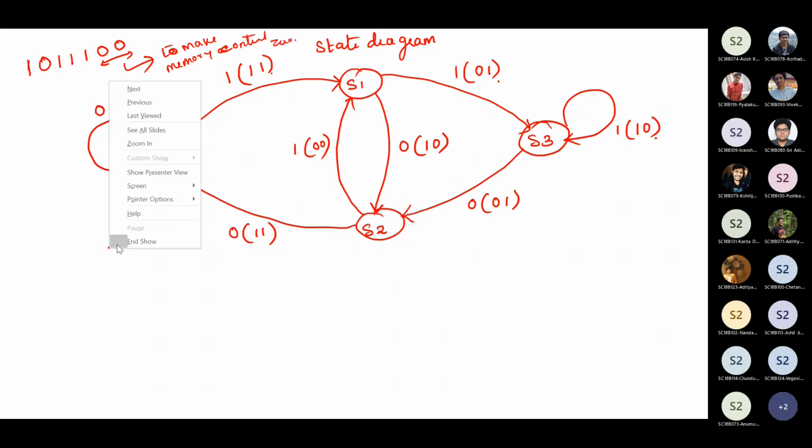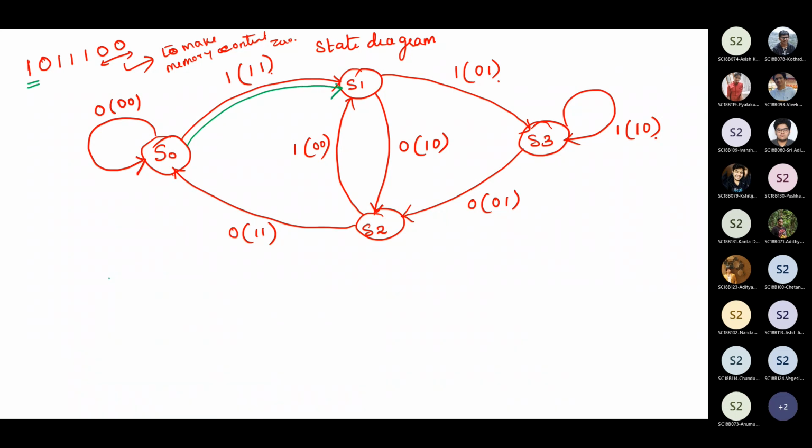Now we will see how to do the encoding. Initially, while doing the encoding, we will be in the S0 state. All the memory contents are 0, S0 state. Now I am going to give the input 1. So from here to here it is moving, and the corresponding output is 1, 1. Next, we are standing in the S1 state, and the input we are going to give is 0.